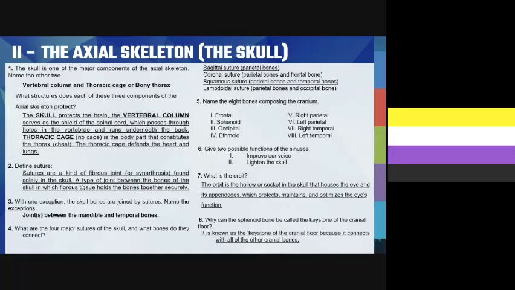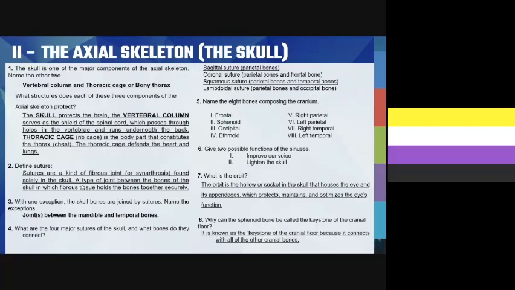So for this part, the skull, number one, the skull is one of the major components of the axial skeleton. Name the other two. The answers to that are vertebral column and thoracic cage or bony thorax. What structures does each of these three components of the axial skeleton protect? First of that is the skull protects the brain. The vertebral column serves as the shield of the spinal cord, which passes through holes in the vertebrae and runs